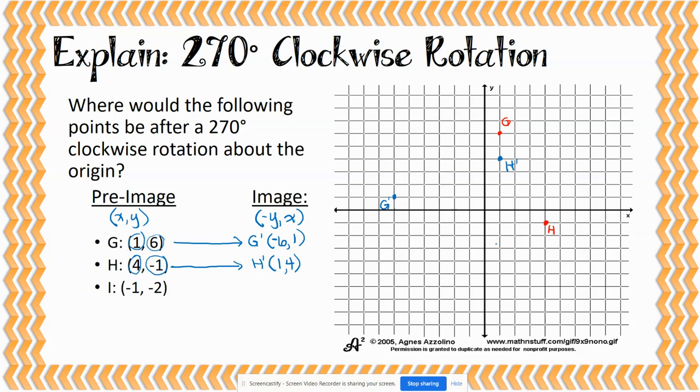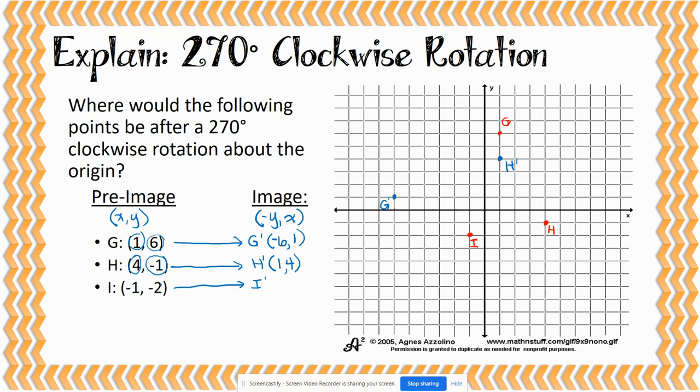Well, you can see if I take H and rotate it 270 degrees, it should be back over here in quadrant 1. So that would work. And our last point for this one is I, which is at (-1, -2). Well, that's left 1 and then down 2. So here is I. And now to rotate it 270 degrees,